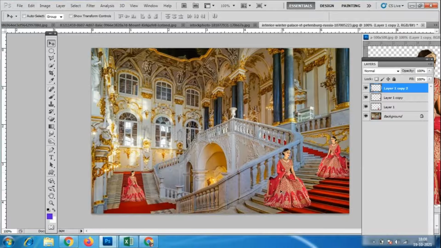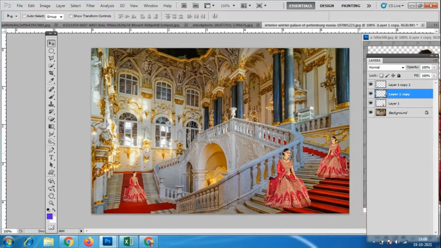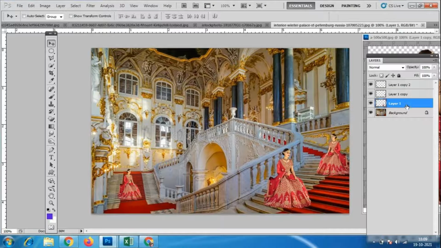You are standing over here, and you are standing with a different dress over here, and like this. Otherwise, if you have an image which is suitable for this kind of background, you can make your own designs. Okay, you can select the layer copy. See, this is all creativity that you have to think and do yourself.